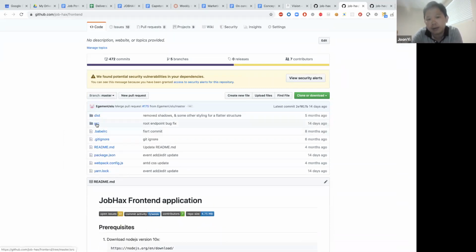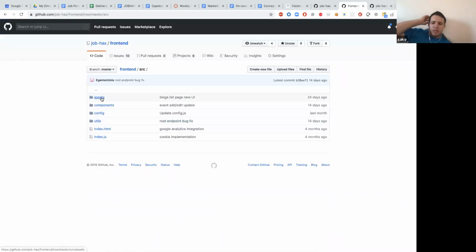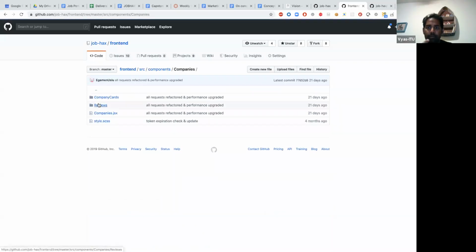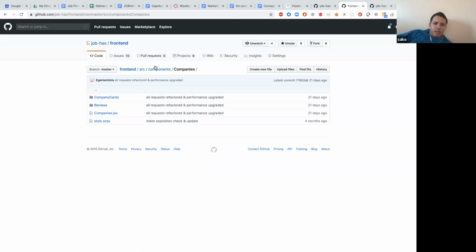We can have one session for backend and one for frontend, where Seiko can explain and go through the source. I think let's go separate. The reason being, in future, if you want to put this complete thing back into the original JobHax, you can easily push things. It's more components based.